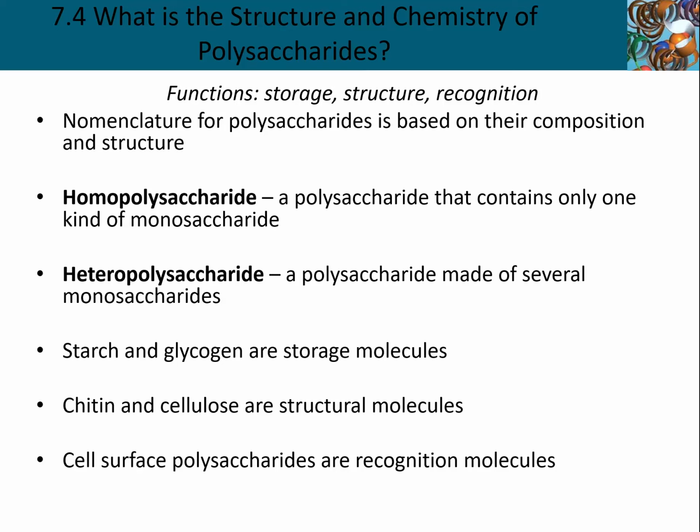So we have a couple different terms. Once again, when we're discussing polysaccharides, a homopolysaccharide is a polysaccharide which contains just a single monosaccharide repeating over and over and over, whereas heteropolysaccharides have diversities of monomers, monomeric residues throughout the polysaccharide. So some of the classics when we're talking about polysaccharides,